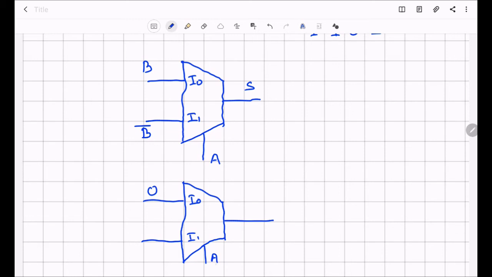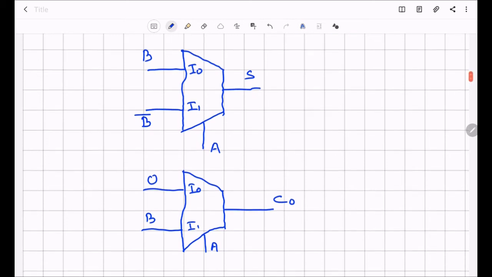If A is equal to 1, it is going to give me the output B. So this is the C out. So in the previous lecture also, when we were implementing various logic gates, we have implemented 2 input XOR gate and AND gate individually.